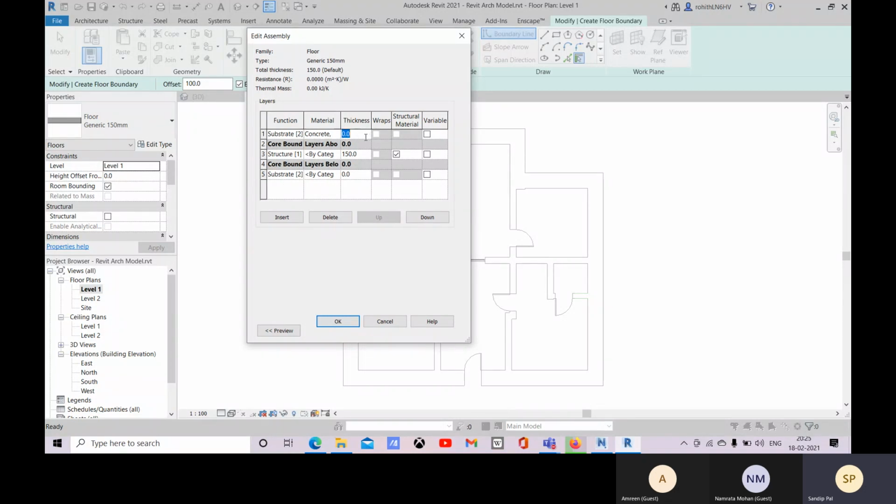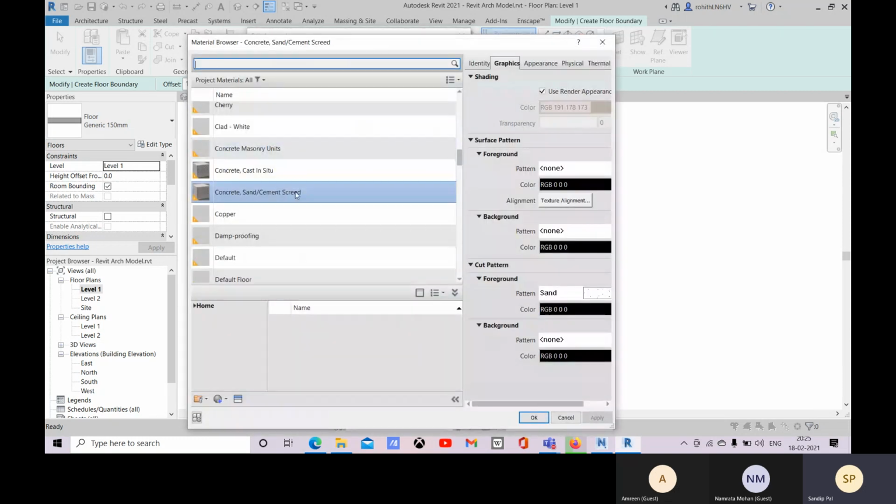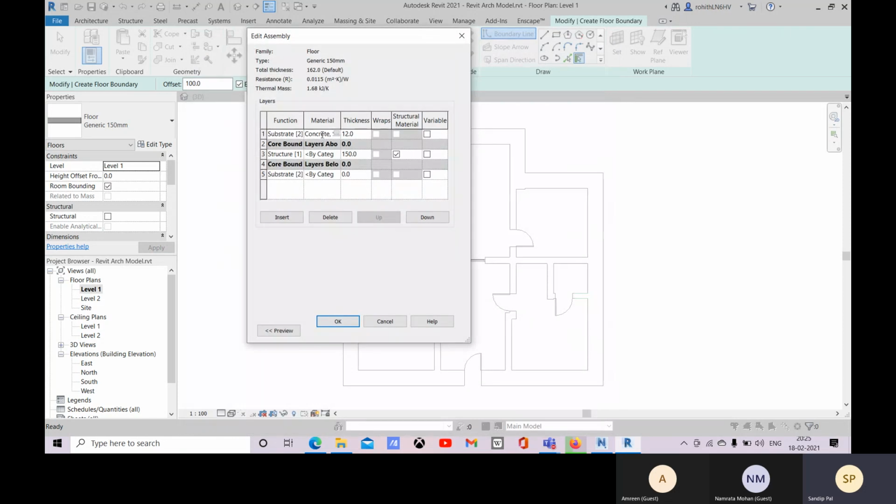So I will like 12 as a thickness. Just Control A and Control C, we'll copy this and we will paste it over there. We'll have the same material here.